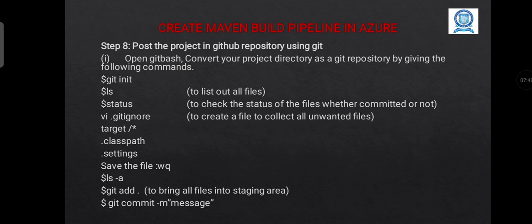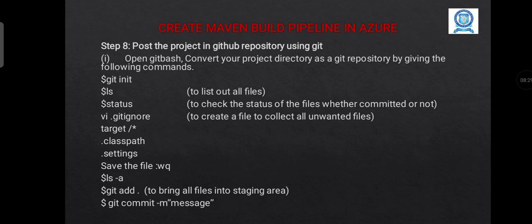Then we have a tool, Git. Git is the software tool which is used to upload our project into a GitHub repository, and with the help of several commands we can connect our local directory repository to the GitHub repository. The tool used to do this process is called Git. So for that we have to install the Git software, and we have to open Git Bash. The name of the software is actually Git Bash, and first of all there is a command, git